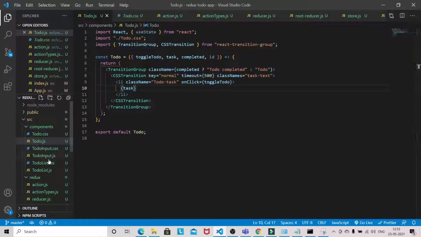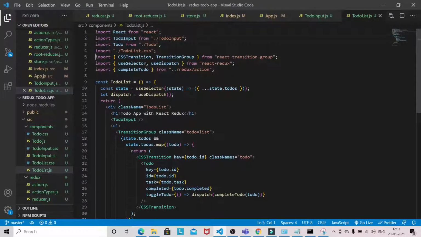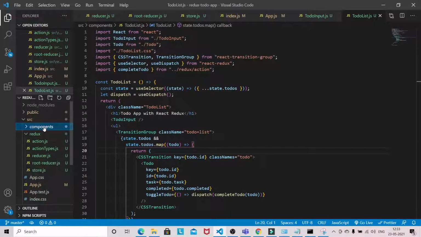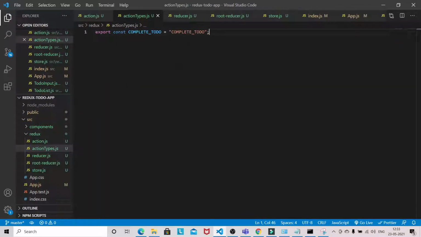Let's come here to the to-do list. The next thing we have to work on is adding a to-do. So we will first write the action type, which will be add to-do.